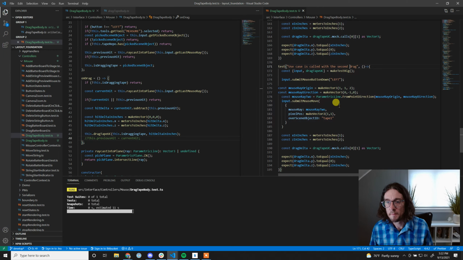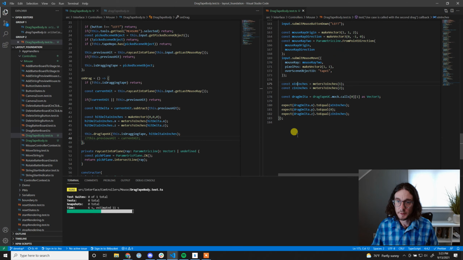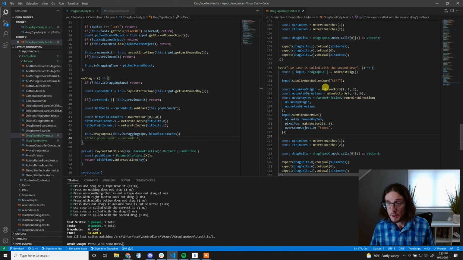Okay, use case is called with the second drag. Okay, so we're going to press down with the left. We're going to do this first move. All right. Then we're going to do another move. So this time, the ray origin,